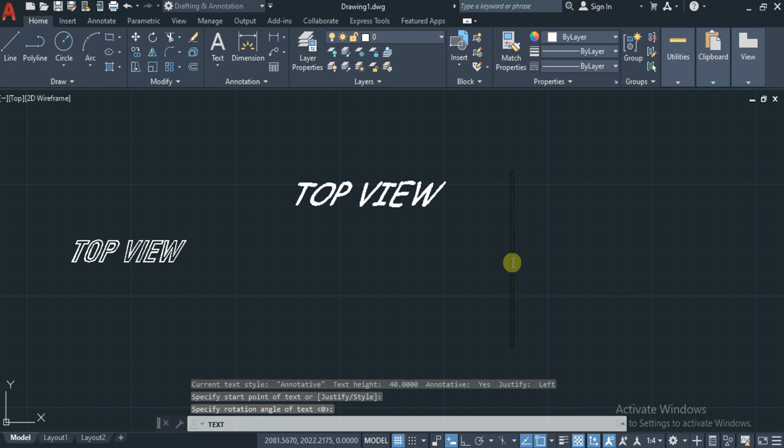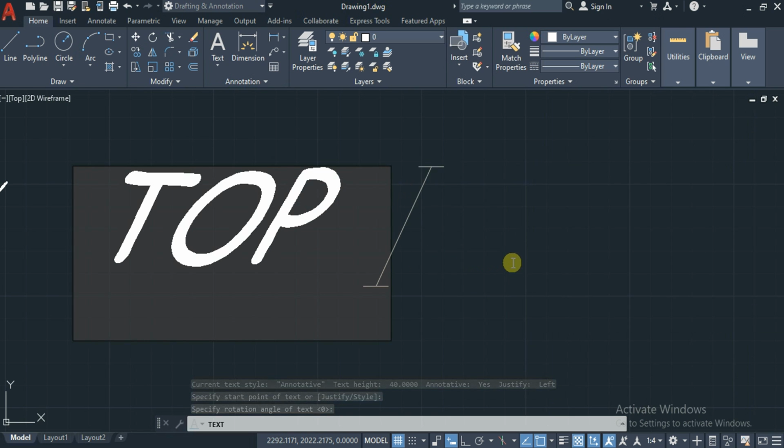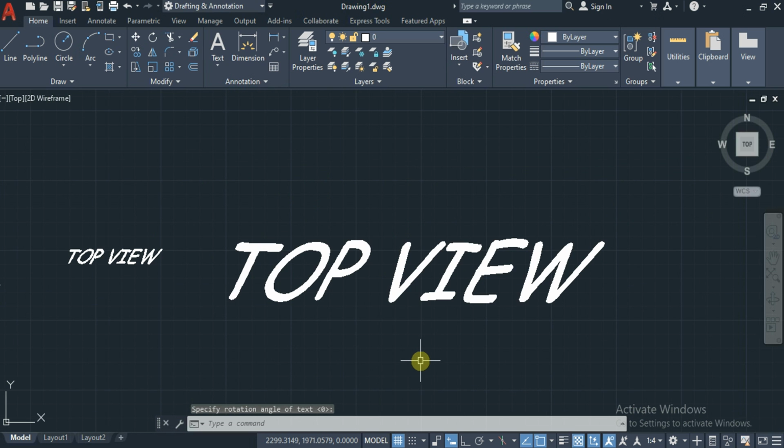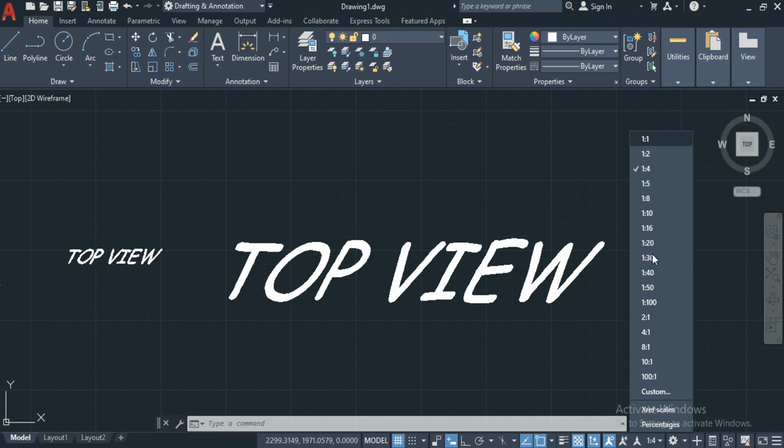And you can see that the text size has been slightly increased. Okay, so it has been increased to 4 times. This was 1 time and this is 1:4. That is, it will be increased to 4 times. So whatever ratio we are going to choose here, according to that, the text size will be changed here. So this annotation ratio will be used in dimensions and tables also. But right now we have applied for the text tool here.